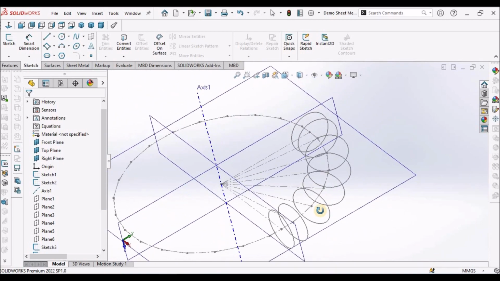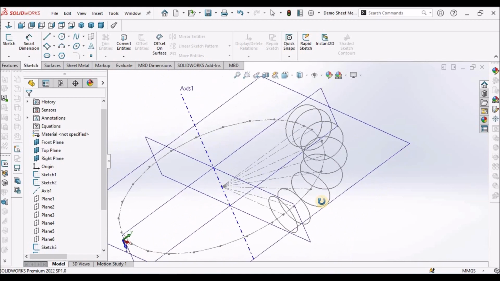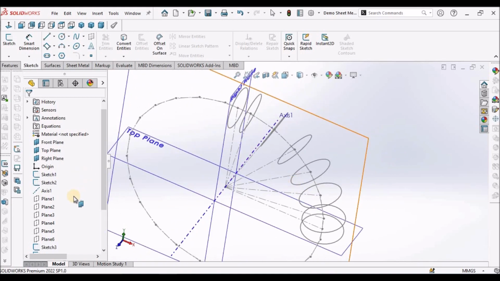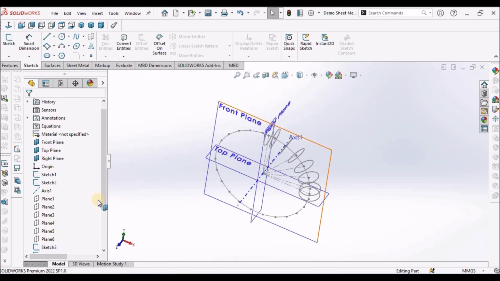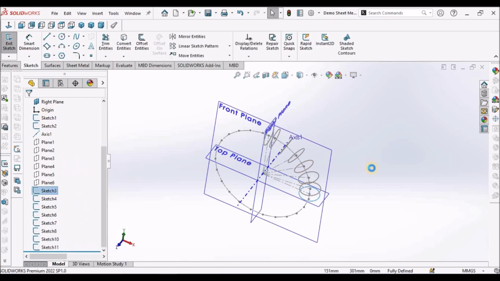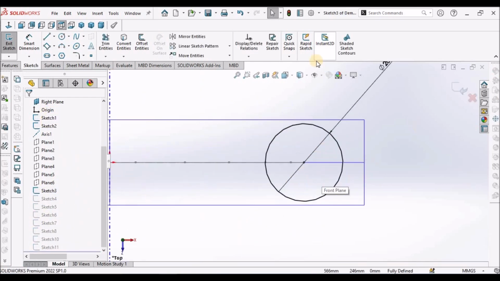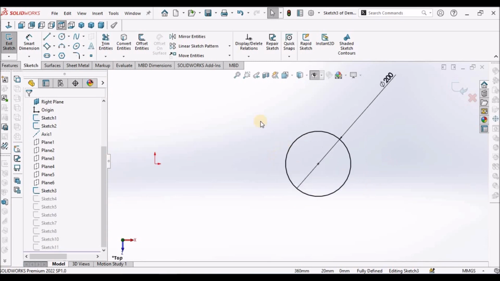So we have to create circles in this manner on each plane. See here. Then we have to modify each sketch. See here, I am going to hide this,